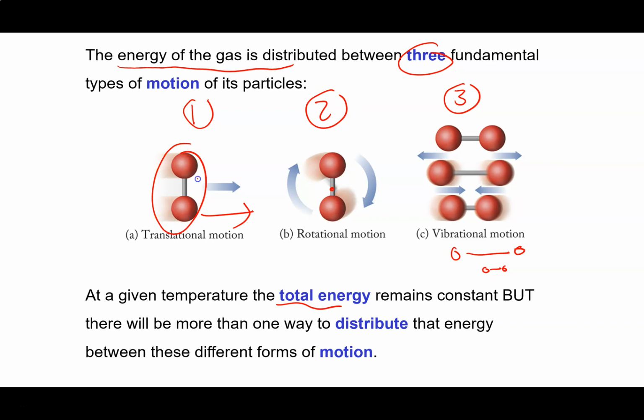So at one point in time, you might have lots of translation occurring and not much rotation occurring, and then a moment later, you might have a lot more rotation occurring and only a little bit of translation occurring because the molecules have collided with one another, and that set them spinning. So the important thing to recognize for this particular system is, because it's at a fixed temperature, the total energy remains constant, but there are many ways that it can distribute that energy amongst the different types of motion, and it's going to change with time. Sometimes it's spinning a lot, sometimes it's vibrating a lot, sometimes it's translating a lot. It's just going to change with time as the molecules bounce off one another.